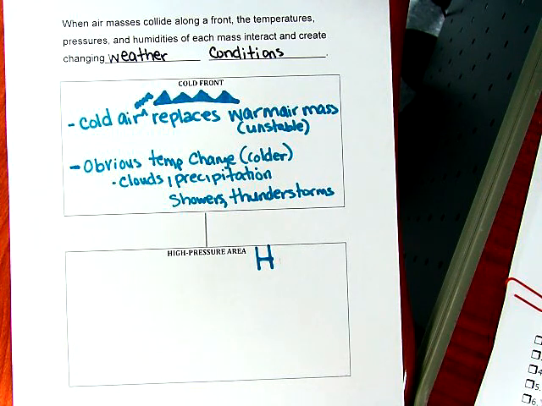Okay, so now taking a look at this, first let's think this through for just a moment to describe it. The air particles in high pressure, are they going to come closer together or move further apart? Closer together. Now let's think a little bit further. The fact that they're becoming closer together and they're coming more packed together, is it cold or warm out? It is cold. Those particles are compacting. Think about water. When you put water into the freezer, those particles start to come closer together and the ice forms, which is a cold substance. All right? So your cold air particles